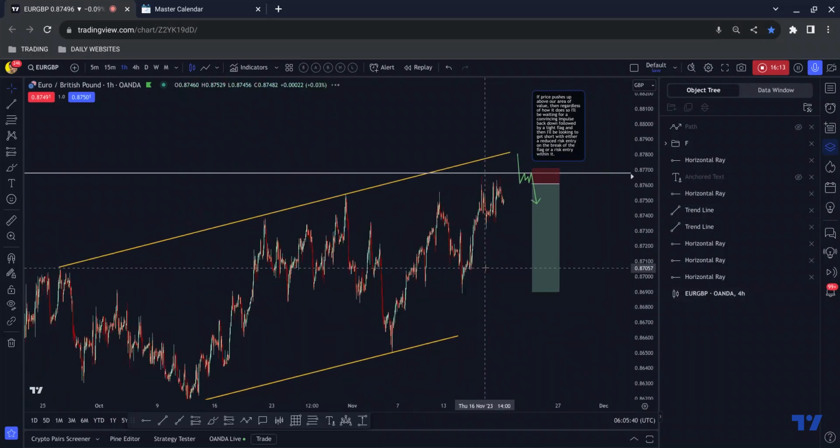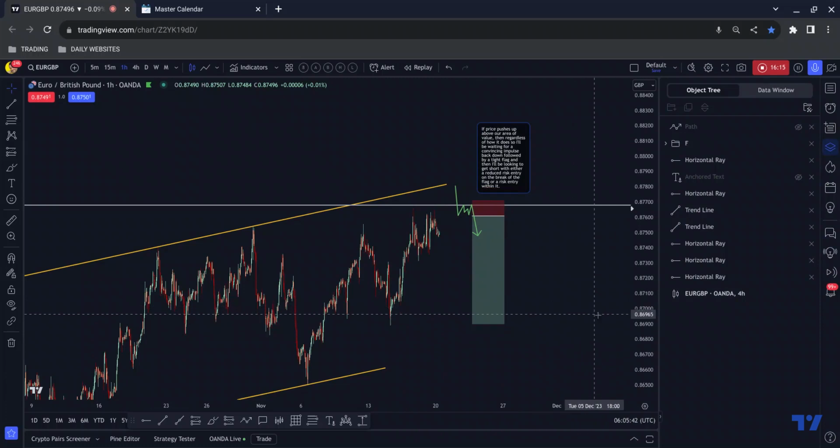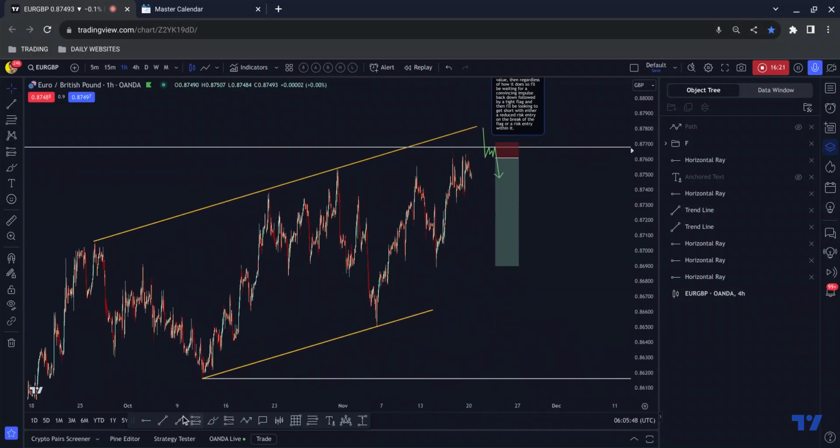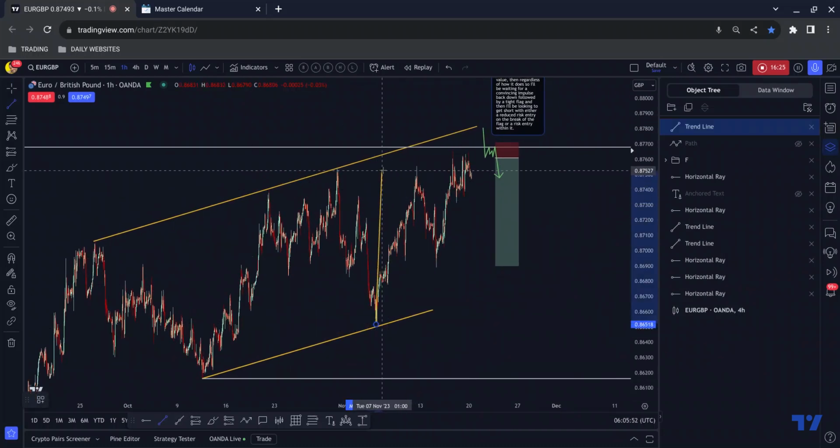Just from experience, I can tell that if I was to wait for price to just tap into this area, the proportions and the measurements wouldn't be quite right. So I'll be waiting for that break above. As I say, if you measure that,